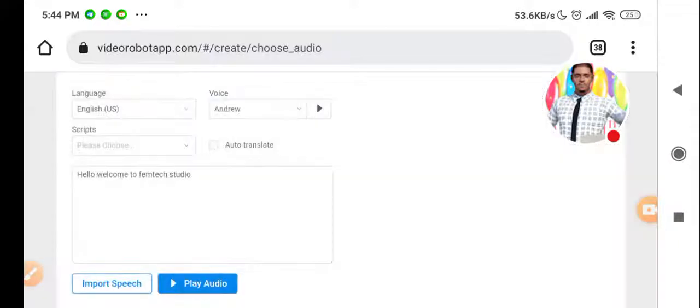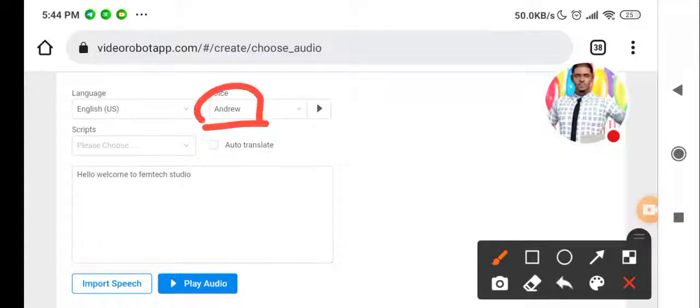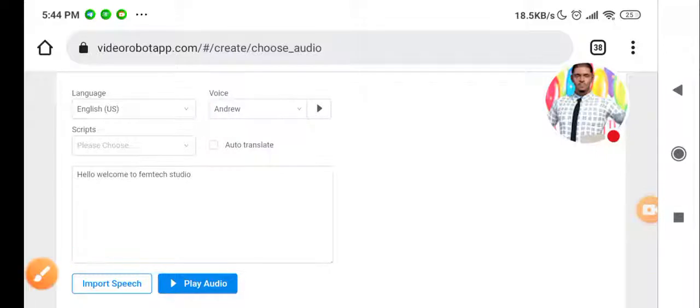So you notice once I change the actor from here, I still need to select import speech so that it will rhyme with the new actor that I just imported, right? Okay, so